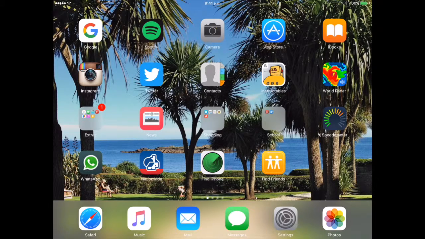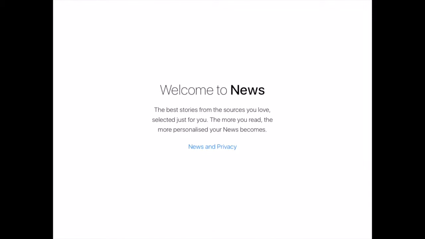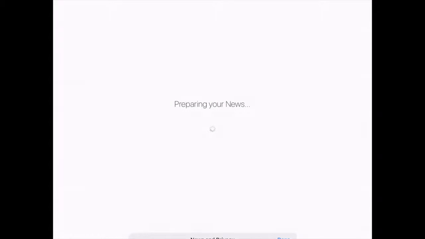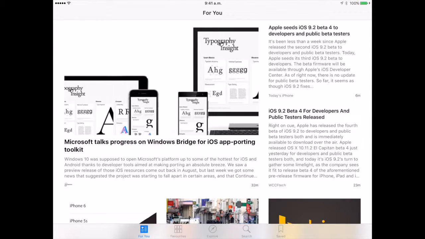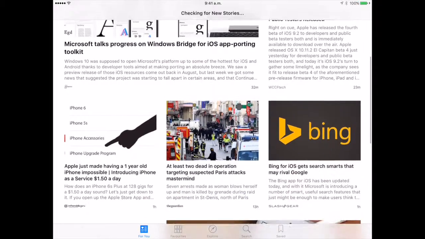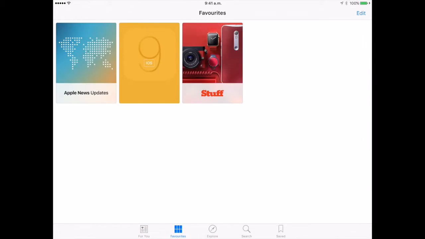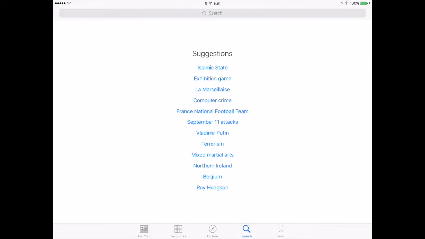Number 9 is the News app. The News app basically tells you loads of news, obviously, because it's a news app. This is the first time I've been on it, so this is what happens when you open it for the first time. It just says preparing your news, and it loads for a while. I think you can choose what you want to see, like it says For You, and you can go to Favourites, and I think you can go to